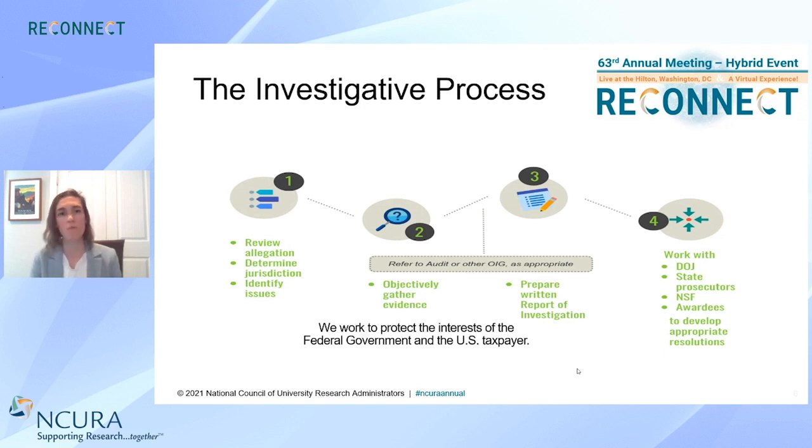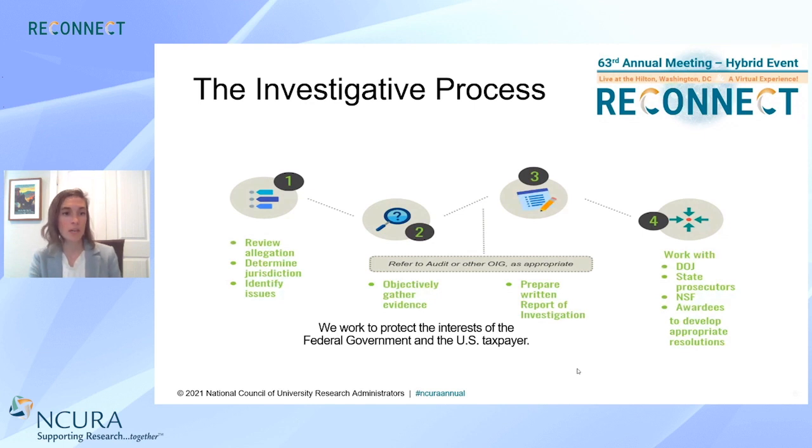These allegations really come from a variety of different sources. They can come from PIs and co-PIs that actually work on the grant and have firsthand knowledge of the issue at hand. We also get a lot of allegations from program officers or other NSF employees. We get them from OIG audits or other government agencies if they refer those to our office when they know that it has something to do with NSF. We also see allegations coming from grad students or panelists on NSF panels, university administrators, or anonymously via our online hotline, where people can type in their anonymous allegations.